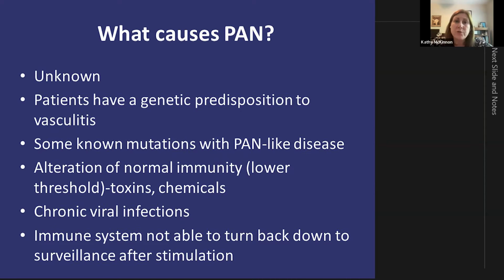Toxins or chemical exposures in the environment may change the immune system and predispose to PAN. We know that hepatitis and HIV have both been associated with PAN. And what we think happens is there's something associated with these triggers, with the toxins, with the viruses, where the immune system is turned on, but the body's not able to turn it back off again like it normally would. Your immune system normally becomes more active in the setting of infections and inflammation. And when the threat to the body is down, the immune system turns itself back down nicely. But in the cases of autoimmune diseases and vasculitis in particular, this immune attack against the blood vessels continues.